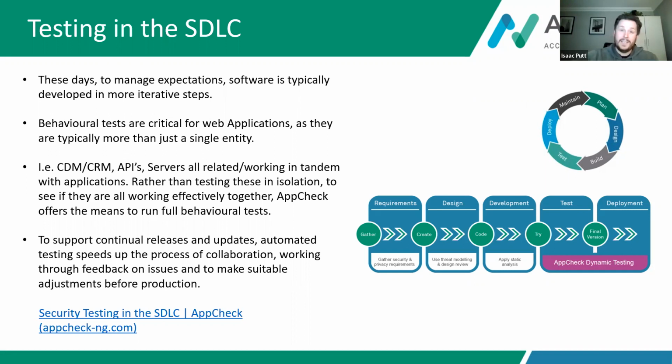But ideally, even before that, typically you test in production versions of applications. AppCheck, and it's a really nice segue into what is on screen here, can be introduced to staging environments, to pre-production environments, safer places where AppCheck can do its testing and find vulnerabilities before they go live and into the real world, and really nip them in the bud at the earliest convenience possible. So hopefully, one, that answers the question, and two, hopefully you can still see the screen.